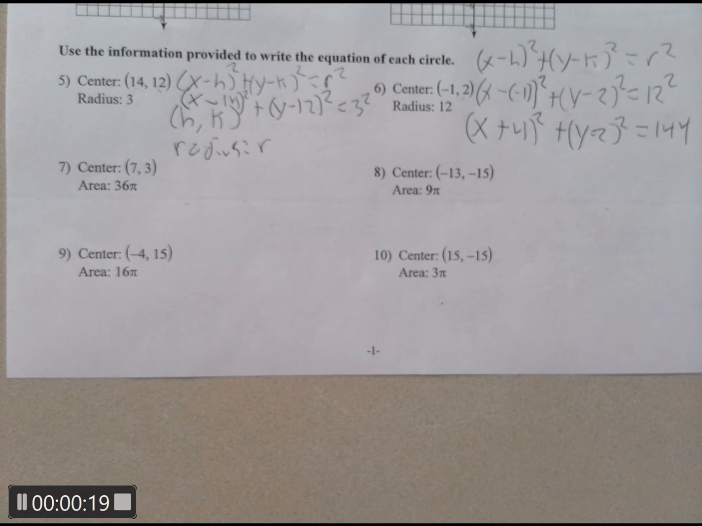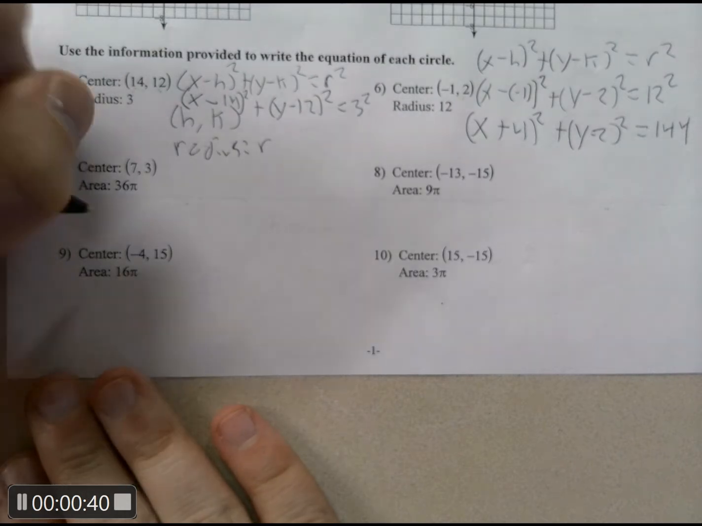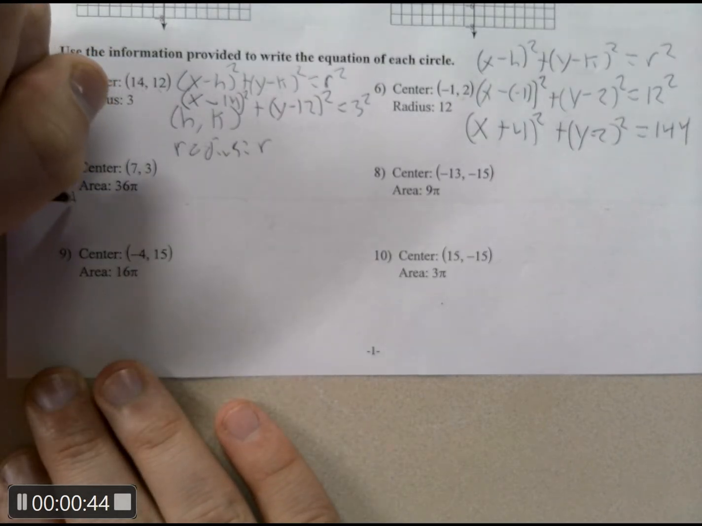We're going to be writing the standard form of the equation, exactly like we were before. But this time, instead of given a radius like in the previous problems, we're given an area. So if you think back with what you know about area, we're going to have to use our area to find our radius. We know the formula for area is